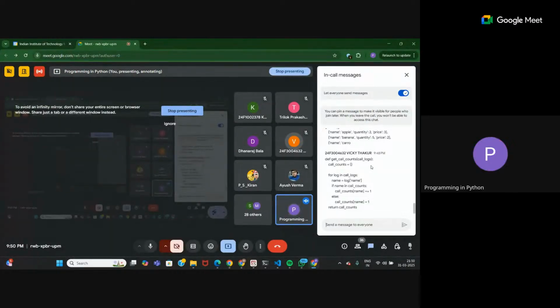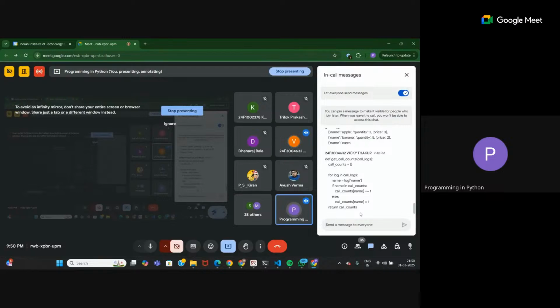Call logs, call counts. Okay. So where are you creating the key? No, I have just written a simple one for the total call counts only. I have not written the full code. I have written the code for the call counts.